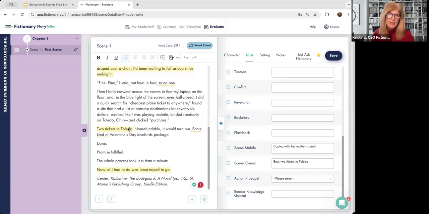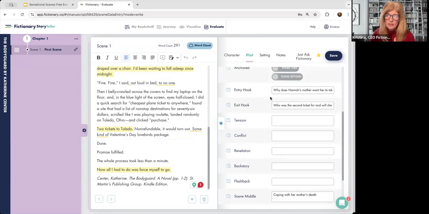And then a scene climax. So she's promised her mother she's going to go on this trip. She reacts. She buys 2 tickets to Toledo for the weekend. And then the exit hook is, now all I had to do was to force myself to go. And when we look at the exit hook, who did she buy the second ticket for? And will she go? And so here, this little scene tells us we're about to read a romance, because she